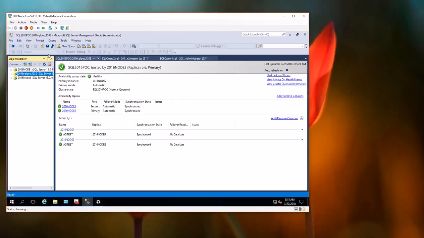Now, the basic difference between Always On and database mirroring is that with Always On, you get the benefit of readability options on the other node, the replica side. When your database is being replicated or synchronized with the primary, you can use your secondary or replica database as a read-only option for your read-only workloads.